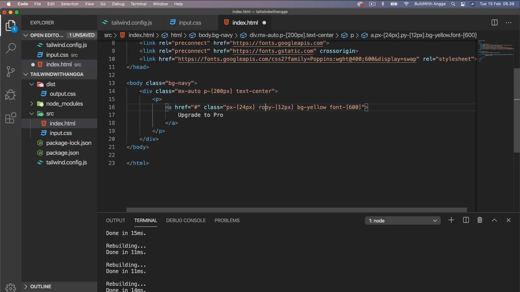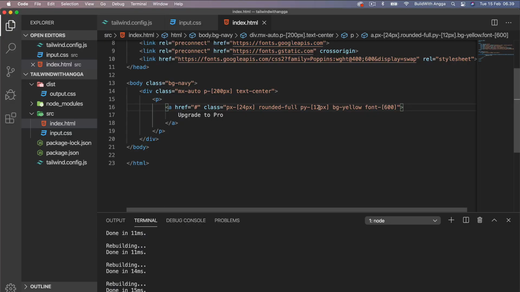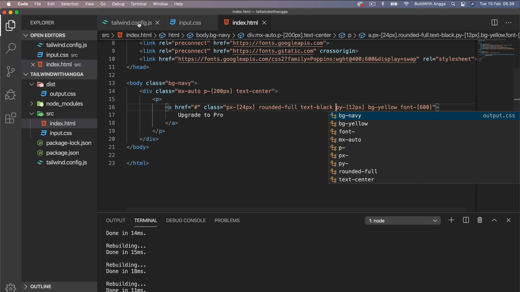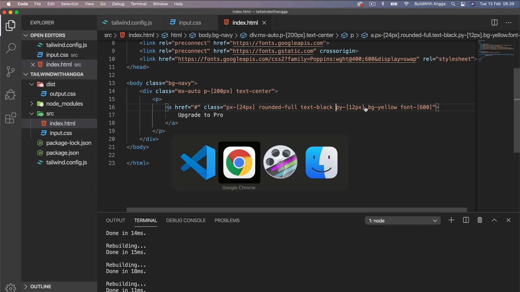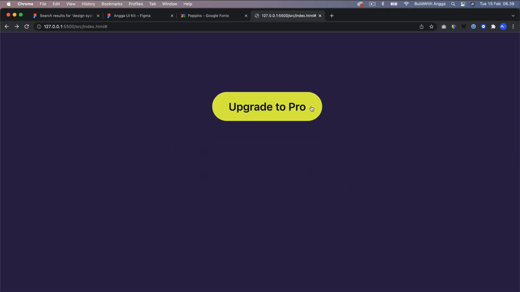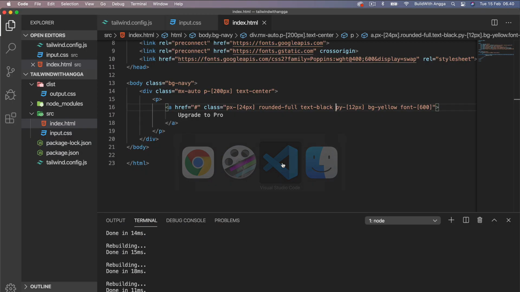And then for the rounded, we can use rounded-full and text black, because we registered our black color in the configuration, and it is done like this. Pretty nice, right?